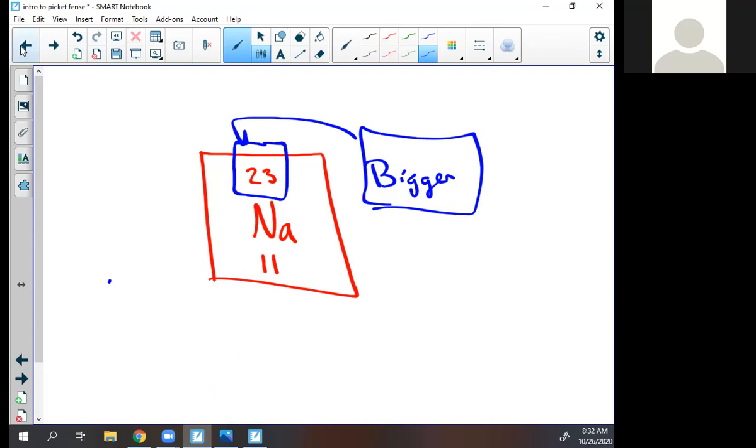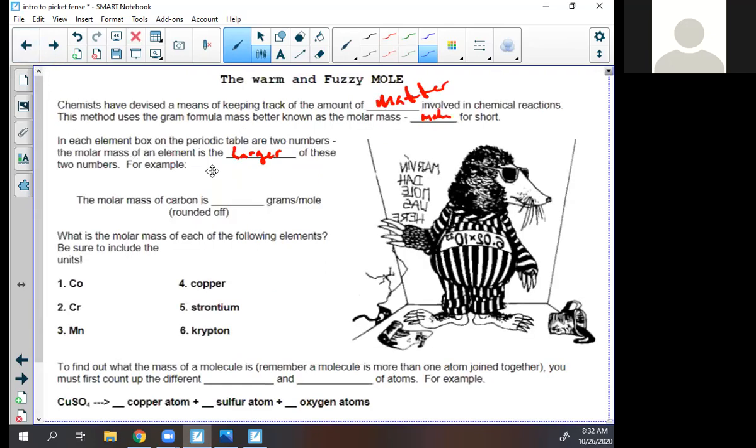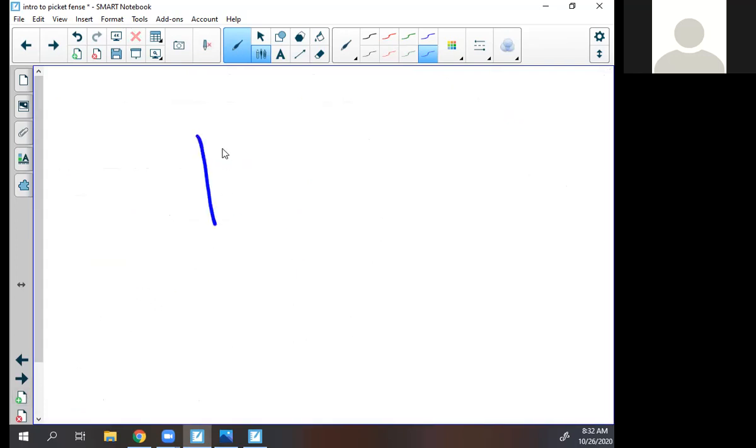Okay, so the bigger number in the box. Looking back here, for example, the molar mass of carbon. Everyone find C in the top right-ish corner and tell your partner the bigger number. 12. It is 12. Now, my friends, please, we know it's 12, but just a 12, I don't like how that looks. Just a 12 means nothing. That's a math number. 12 with some units becomes a science number. When you find it, it is grams